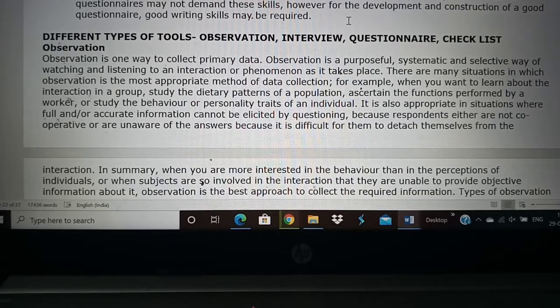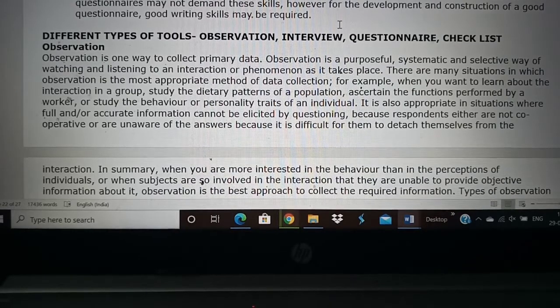So today we are going to see about observation. Now observation, the English meaning is just looking, okay, looking at something. So if you look at a patient and observe their behavior, you can come to a conclusion about the